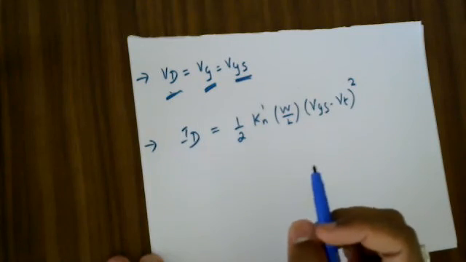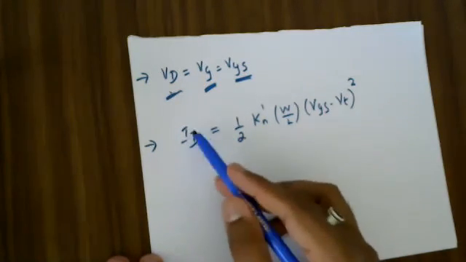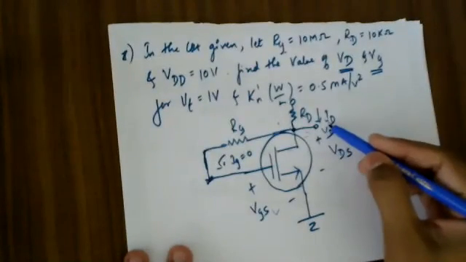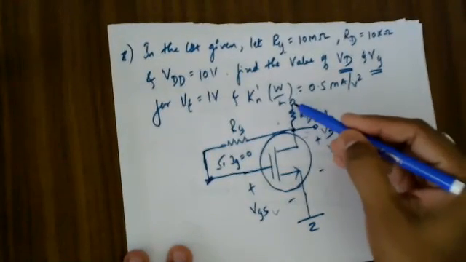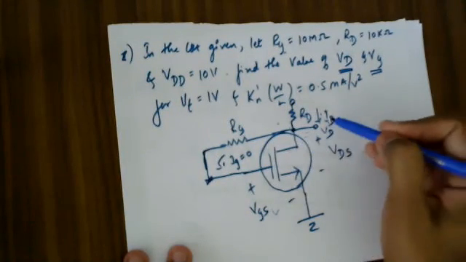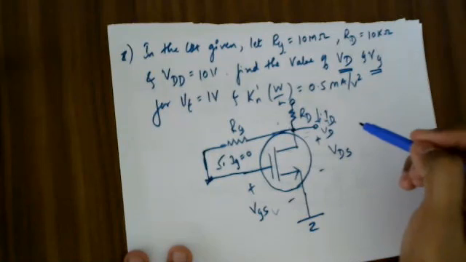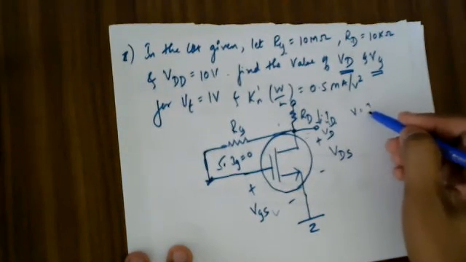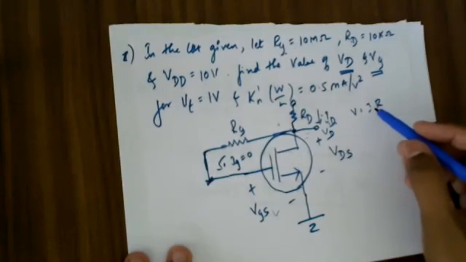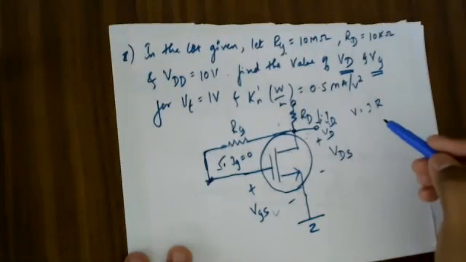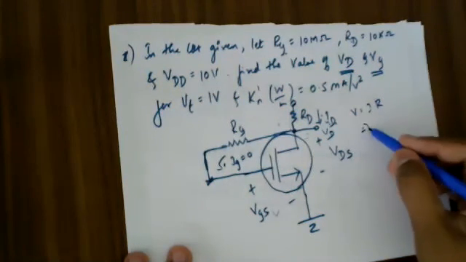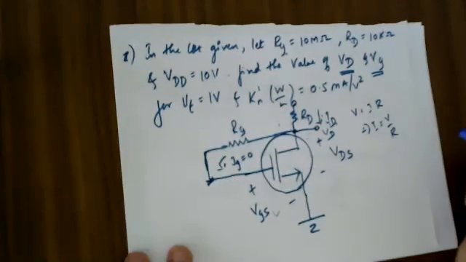I need to understand it over here. I don't know the value of ID, but I can write the equation for ID. How can we write the equation for ID now? ID is a current which is flowing from this supply terminal to this drain terminal. Simple concept: V is equal to I into R. Till now, you used to get the value of I directly and compute the value of V. But now I want to write it for I. So this implies I will be equal to V by R.